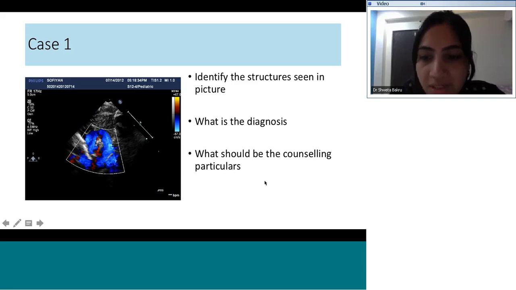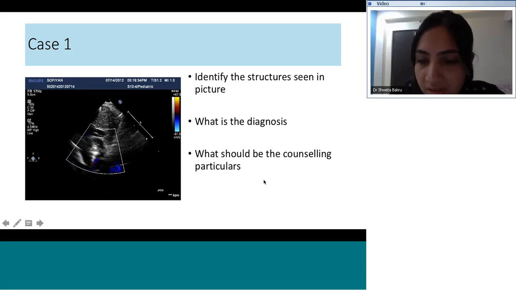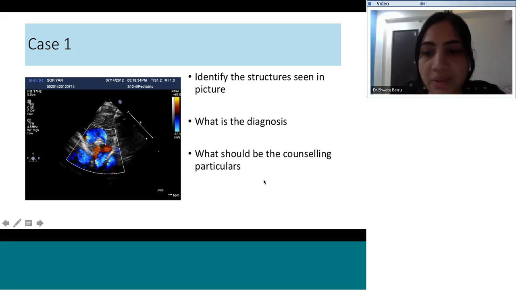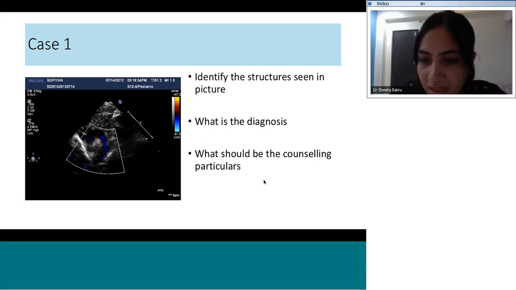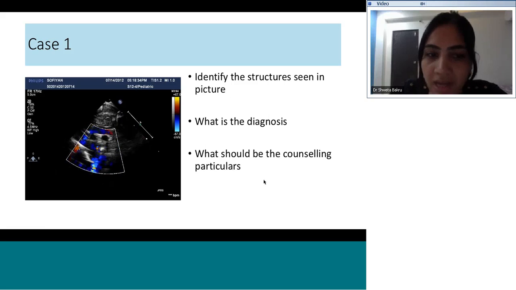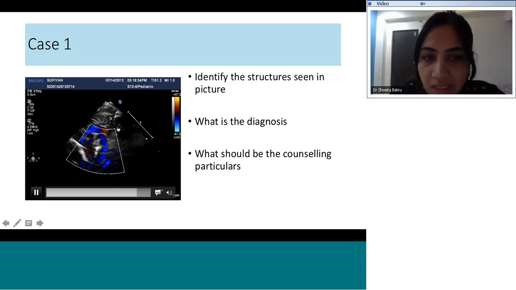It's very good that it's a suprasternal view. That is the first identification. So in the exam, whenever a video is playing, let it be a cath or an echo picture, you have to first identify in what view it is done, for example the angio or echocardiography, and for ECG the standardization and all those things. So it is a suprasternal view. We can see that there is a thymus there.